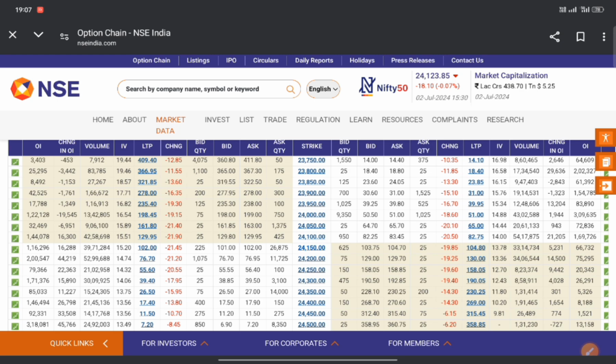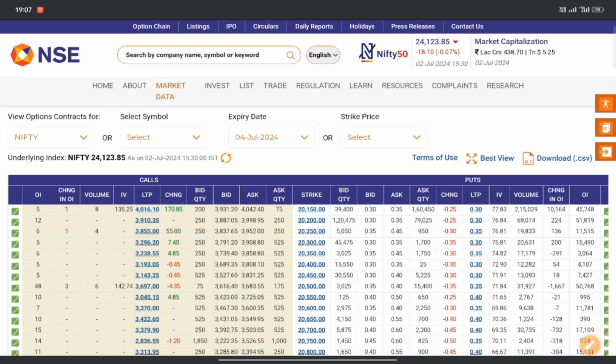An option chain can be defined as the listing of all option contracts. It comes with two different sections. One is here, I can show you. One is call and the other is put. A call option means a contract that extends the right to buy the underlying at a specific price within a specified date. And a put option is also a contract that extends the right to sell the underlying at a specific price within a